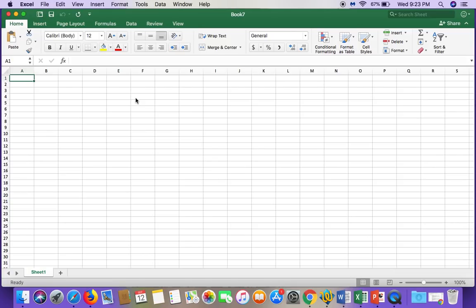Hopefully you're familiar with some of the terminology and the appearance of the Excel workbook, but I'm just going to go over a couple things. Just make sure that when you're clicked in cells, you have the name box here that says the exact cell you're clicked in. So when I click in E7, I know it is because it says here in the name box. When I type values in a cell, it's going to show up in the formula bar as well as